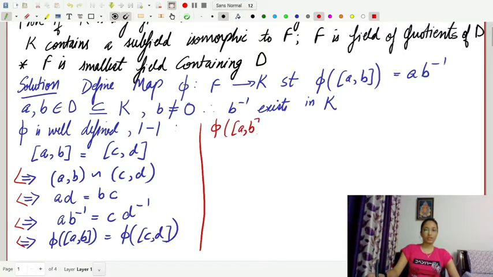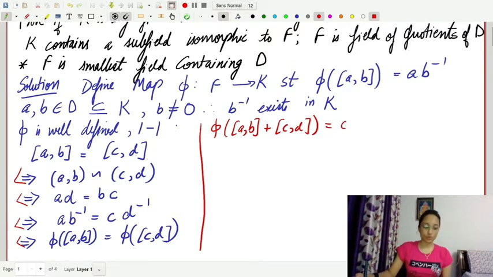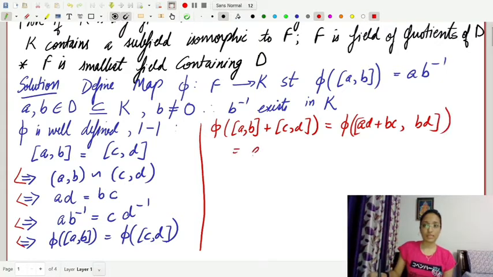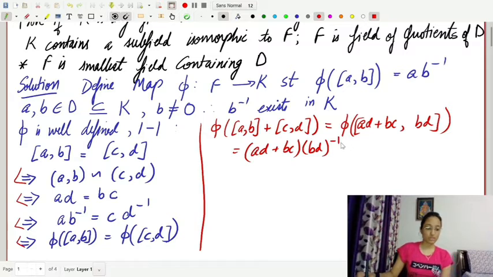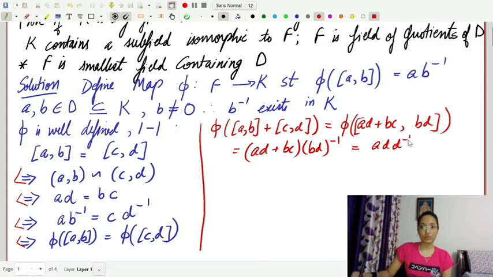(a,b) plus (c,d) is equal to phi of (ad plus bc) over bd, which in turn implies (ad plus bc) into bd inverse. Now it implies ad d inverse b inverse plus bc d inverse b inverse, which in turn implies